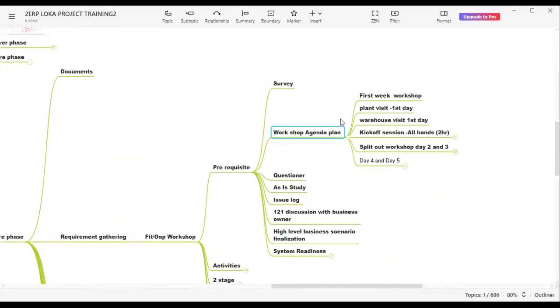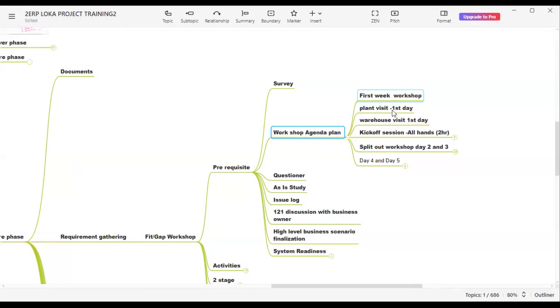One person will be nearby to the factory and one person will be in another country. So the person nearby will visit the factory. In the first week they will plan a workshop. They will visit the factory and first understand their manufacturing. Are they doing manufacturing or not? Are they doing any other activities?